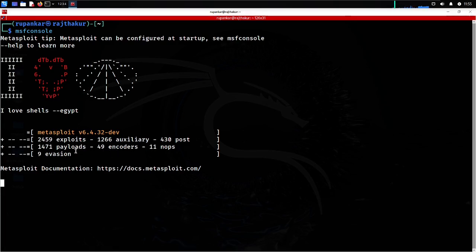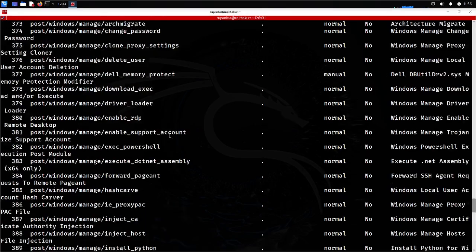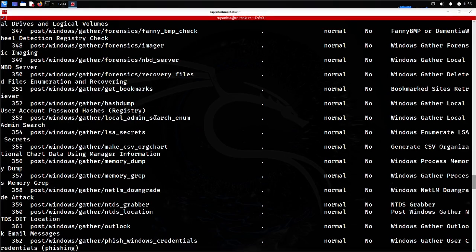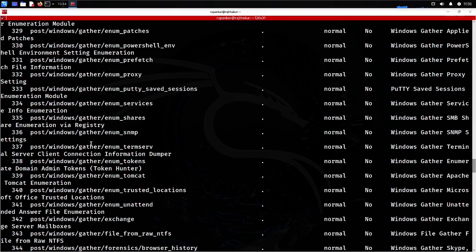So when it comes to post, the post modules contain various scripts and utilities. You can also use the show command to look at what is inside post. So post will be showing you all the post modules, containing various scripts and utilities which help us to further